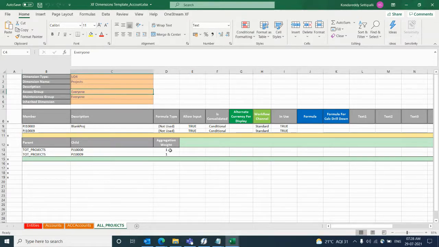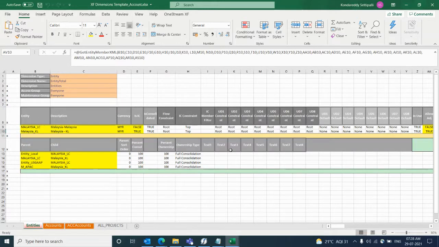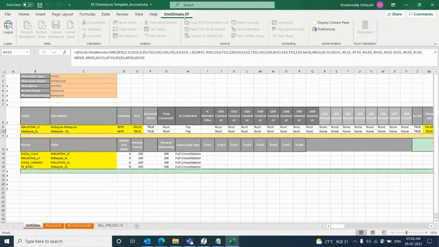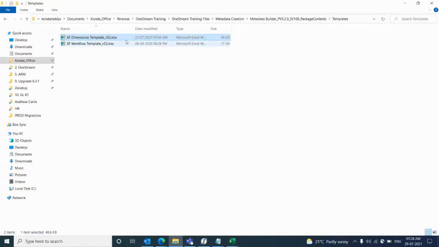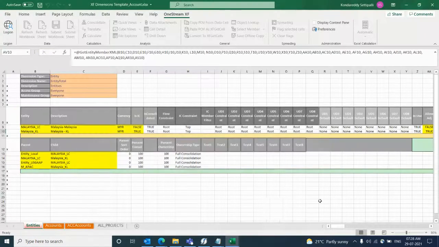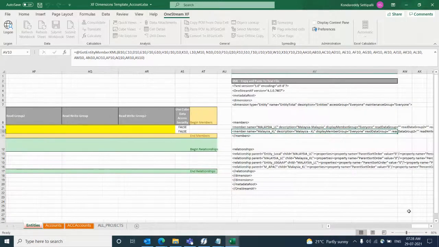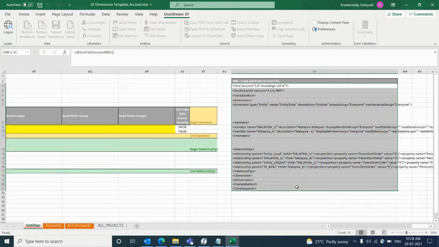But remember always, in order to work with this template, as a prerequisite, we need to have two things. One is the Excel add-in to be installed. And the second one is, you remember last time when we configured the Excel add-in, we also configured the metadata builder add-in. Remember? The same thing. We need to have these two as a prerequisite, then only the system will understand this XML string. Remember last time I showed you. Otherwise, if you do not have the Excel add-in and the metadata builder add-in, this will be a hash name error. Here it shows as a hash name rather than an XML string.